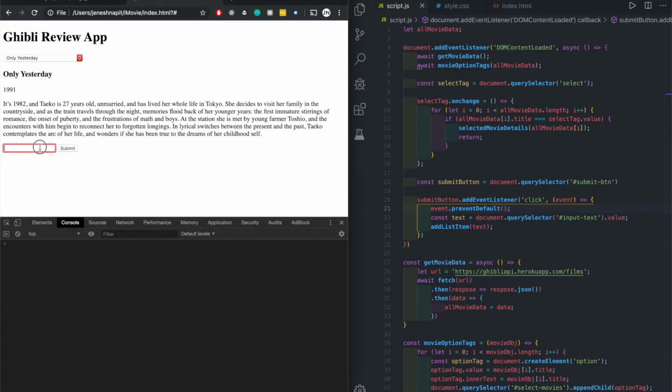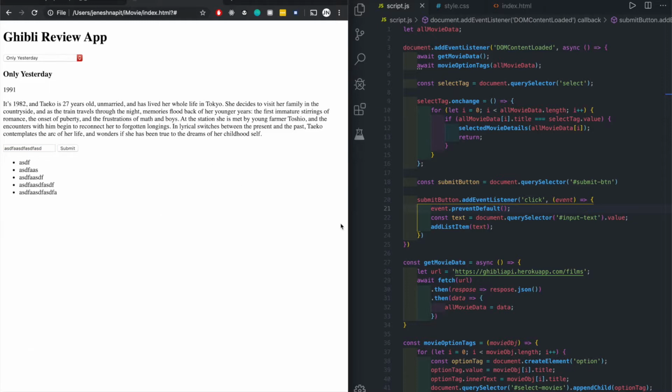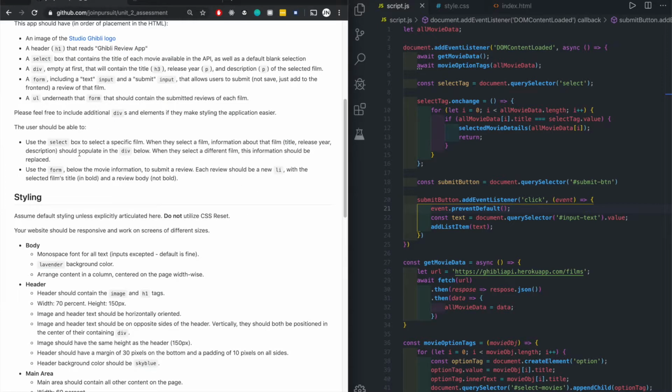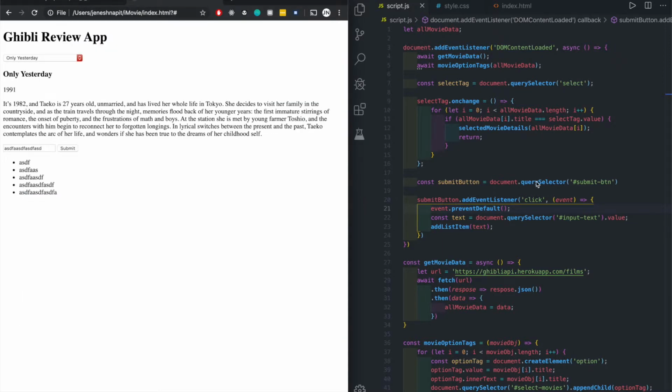The basic JavaScript is done. Only thing left is the CSS. So let's just quickly check if we hit everything. Select box, different films, good. Replaced, good. Movie information to submit a review. Each review should be a new LI with the selected film's title in bold and review body not in bold. Okay, I forgot this part. Select the film's title in bold and review, but that shouldn't be too hard since we went through it really